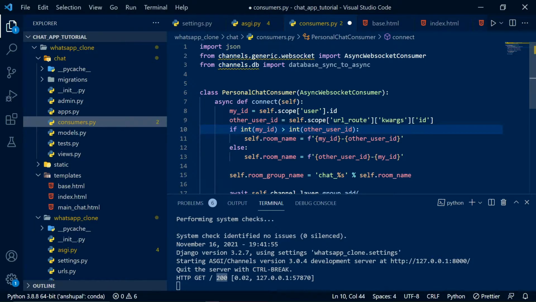And we also have to make sure that the room name for both the users is actually the same. So let's say we got two users, and let's say the current user ID is 1 and the other user ID is 2. Now I'll check if my ID is greater than the other user ID, that is, if 1 is greater than 2, then the room name will be 1-2. Otherwise, 1 greater than 2 is false, and in that case the room name will be